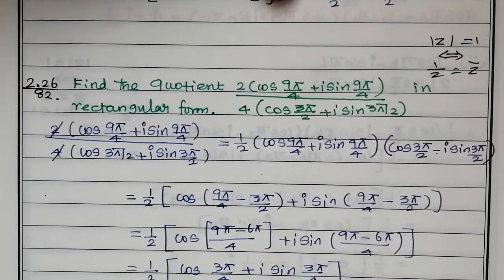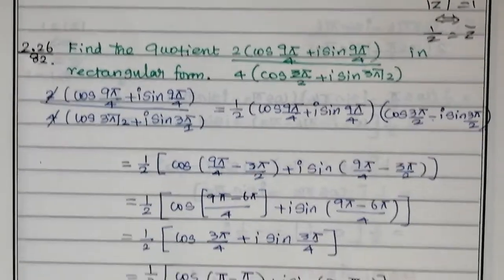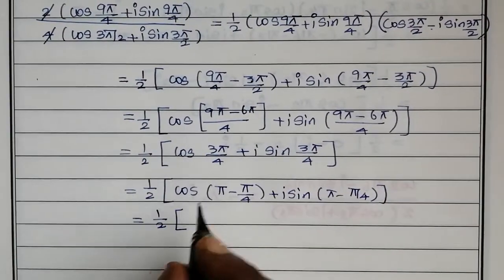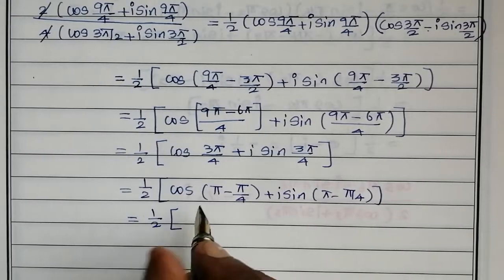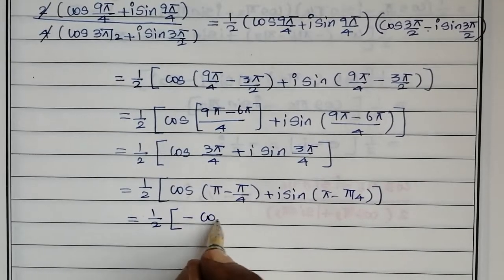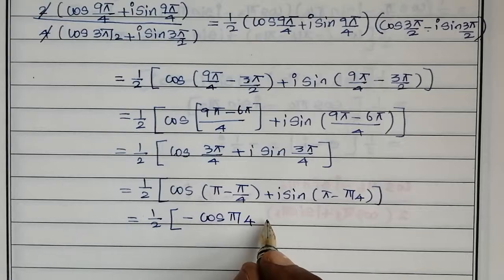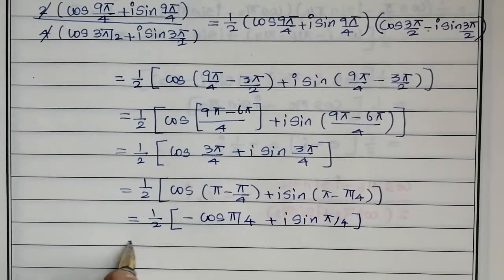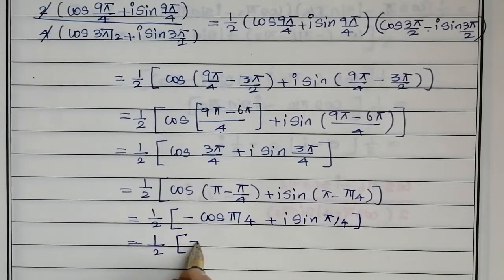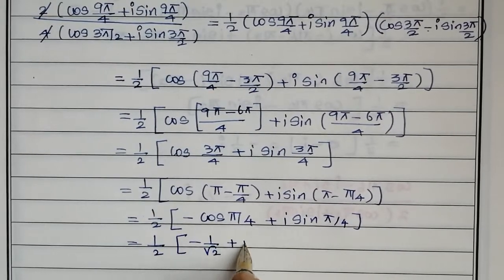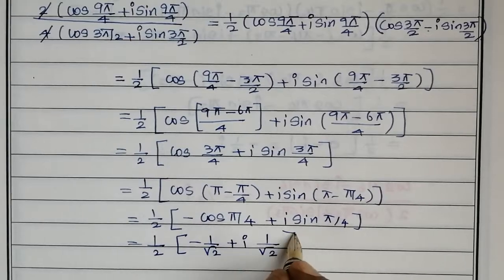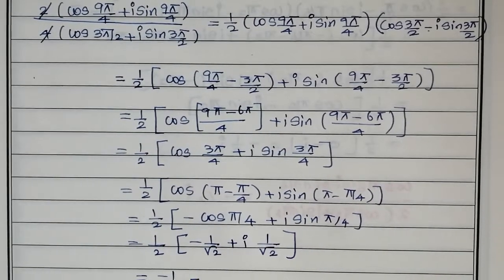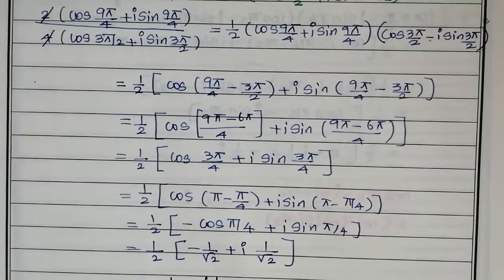This is 1 by 2 into cos of (π minus π/4), 180 minus theta, minus cos π/4 plus i sin π/4. That is 1 by 2 into (minus 1 by root 2 plus i into 1 by root 2). This is equal to minus 1 by 2 root 2 plus i into 1 by 2 root 2. Okay, so this is the